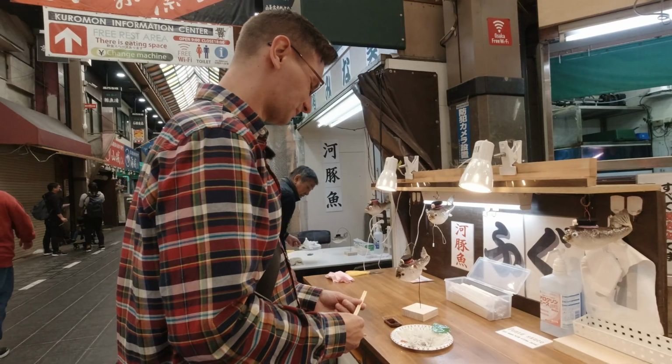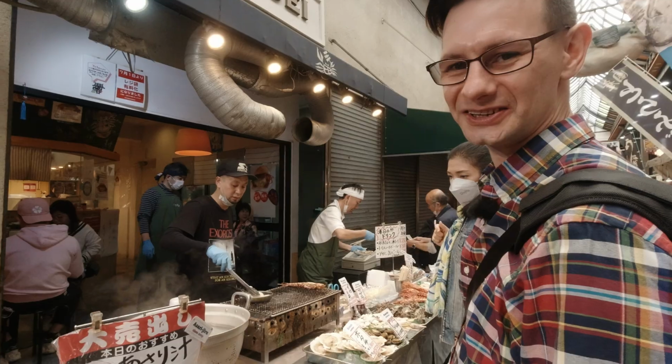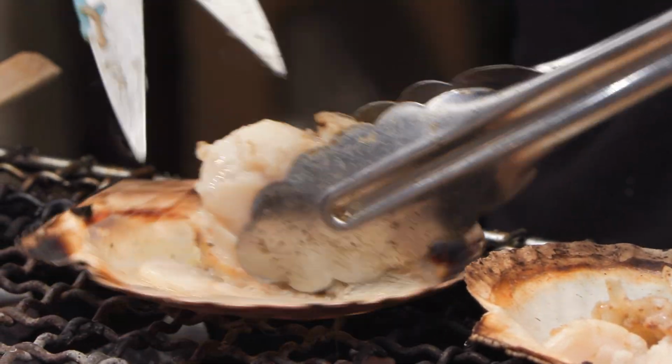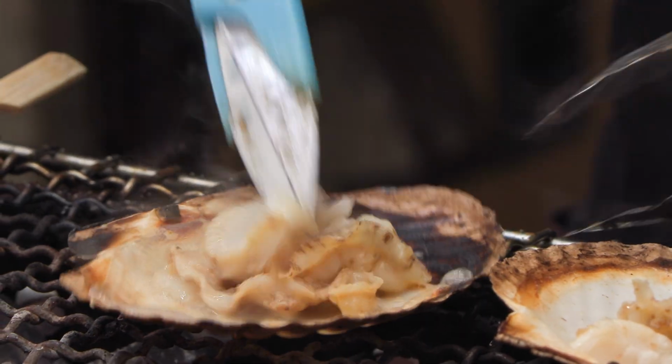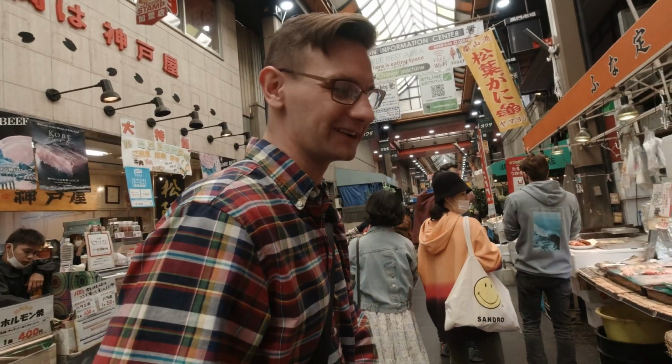I want sashimi. Oh, this is it. Barbecued scallops. Just what I want. I said I wanted sashimi, which I do, but scallops are like my favorite seafood, other than unagi. That barbecue's taken a long time, so